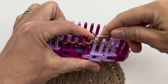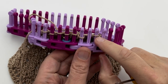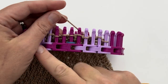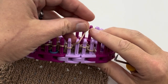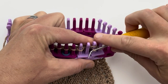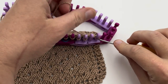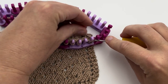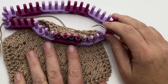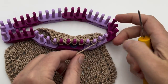And now we do not have any more yarn overs at the end here. We're going to simply knit these stitches and move them over. Okay, so we've already decreased at the front end. Now we're going to decrease at the end just by this last knit 2 together that we did, and we're just simply moving these down to join the other stitches. Okay, so you should have 8 stitches now, and we're going to do a purl row and take it down